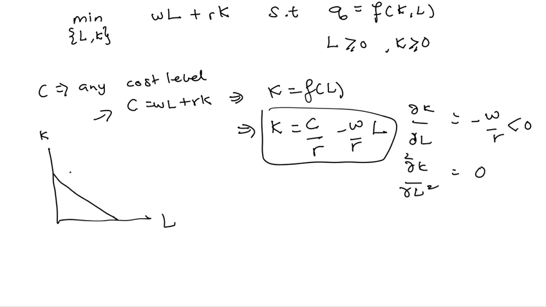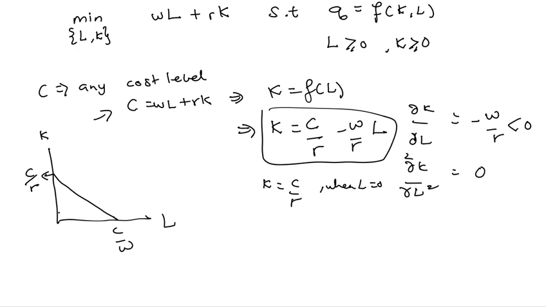Then you have this. Now, what about the value here? The value here is the value of K when L is 0. K becomes C over R when L is 0, isn't it? You can substitute it back into this. You can find that it is here, C over R. What about here? If it is here, then it becomes C over W. That means K is 0, you rearrange it, you get C over W. Okay, now